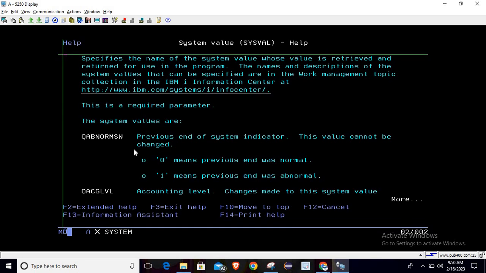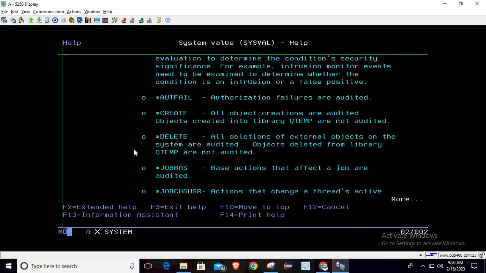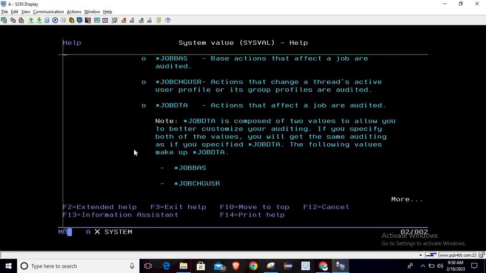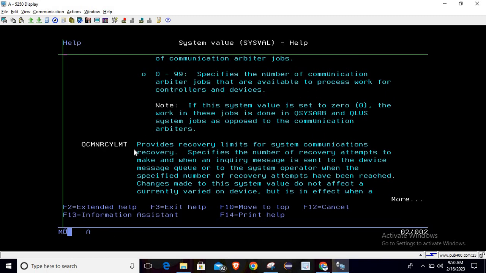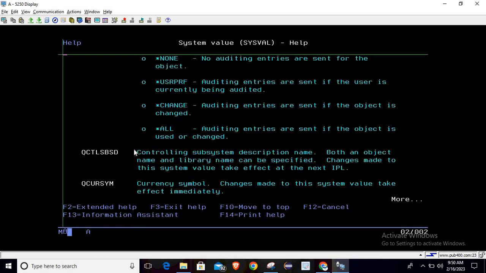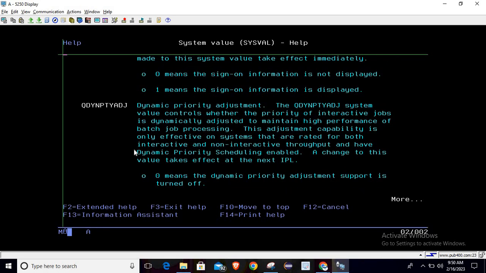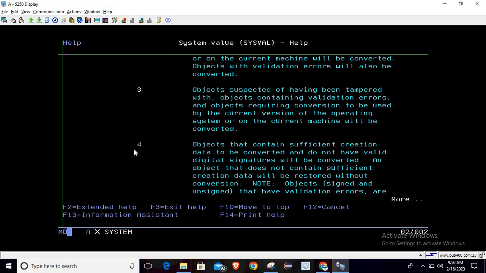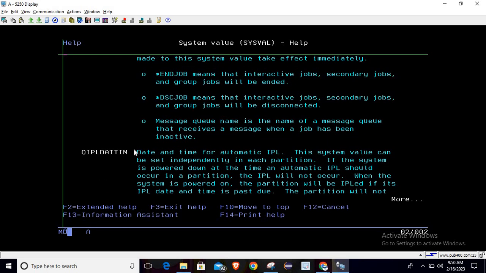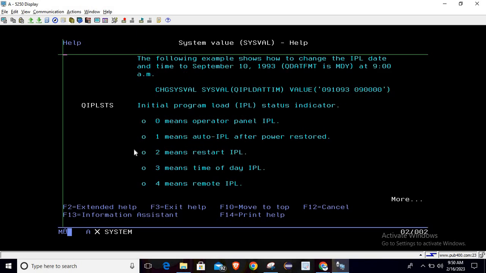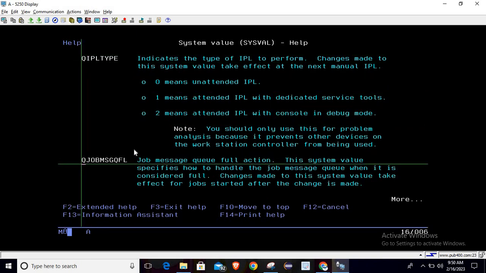Once you press F1, you will reach this screen, which is a help screen, and there you will find all the information regarding the system values that we can retrieve from the system. These are the values that we have already covered in our previous session, so I'm directly taking you to the value that we are going to discuss today. So for that I'm just taking my float. Yeah, so this is the value that we are going to discuss today, which is